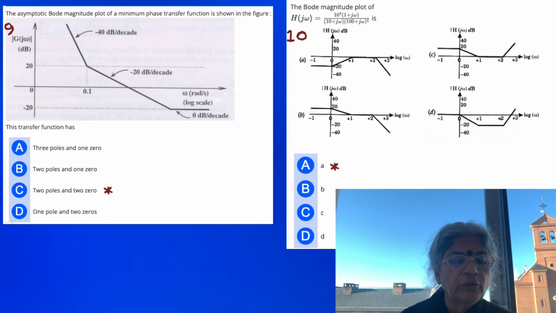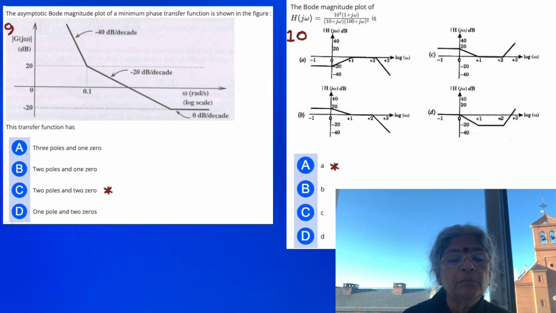You can have your own pattern so long as you understand the format of 20 log k minus 20 or 40 or 60 or whatever, keep minus because of the pole. If it is a zero, it will be plus. If you are having multiplicity, 20 will be multiplied accordingly, and then you will have the logarithm at a particular frequency equal to the decibel value at that frequency. So that's all that's there. If you can remember that, you will be fine. Moving to